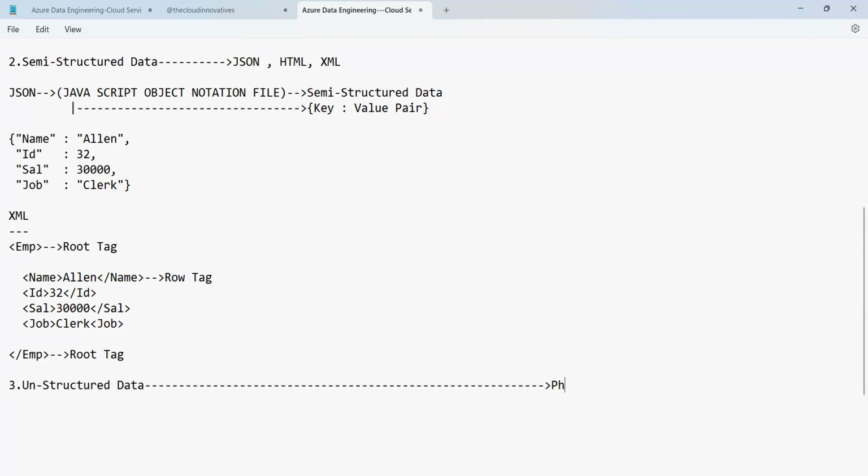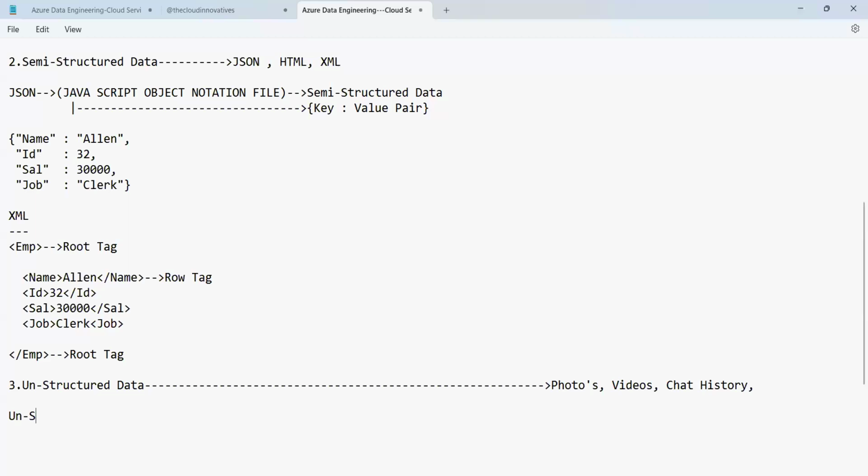That is the photos in your mobile phone, and videos, and then you have the chat history, voice notes. So all this, can you see it? This is all no proper format of the data, which is called unstructured data. So as an Azure data engineer, what we do, we convert this